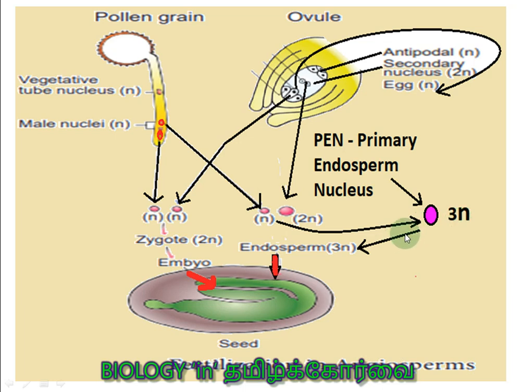Now this is the stage between primary endosperm nucleus and endosperm. There are types that we are going to learn. How this cell is going to become the endosperm, what is the method, that is what we are going to learn. All the 3 types, nuclear endosperm, cellular endosperm, helobial endosperm, are at this stage only. In this stage only we are going to discuss.